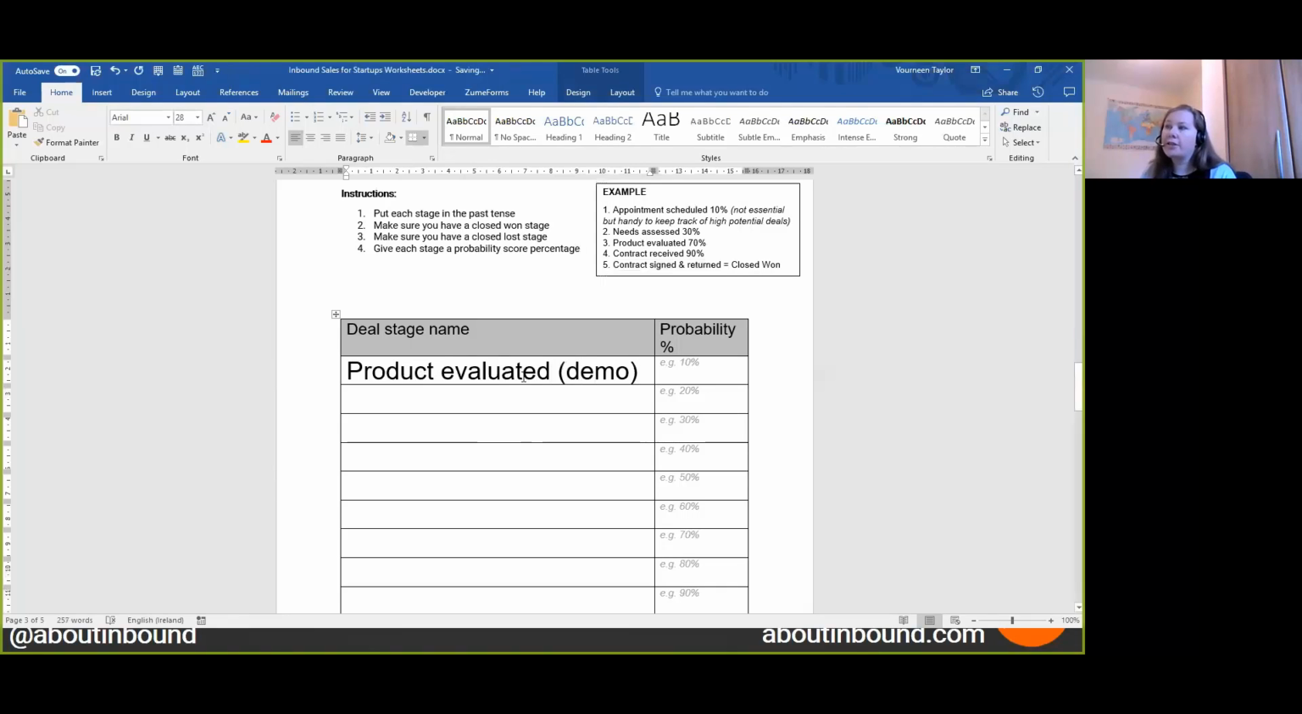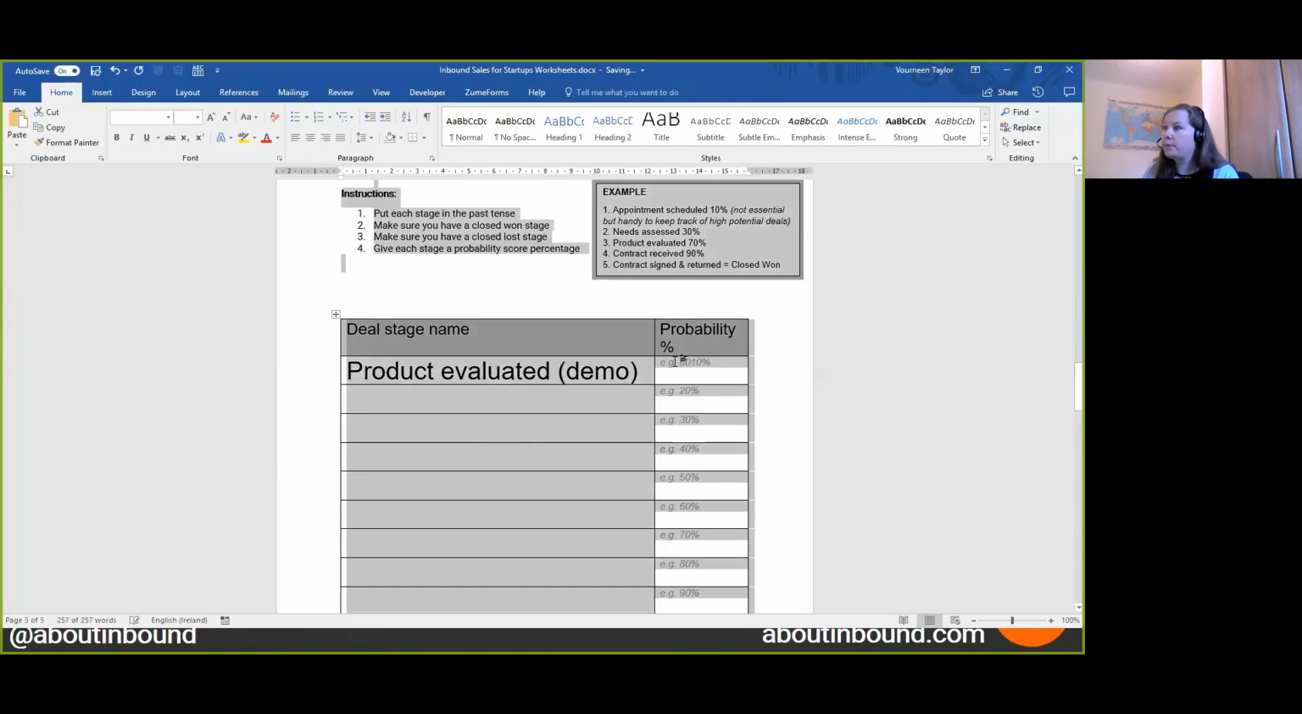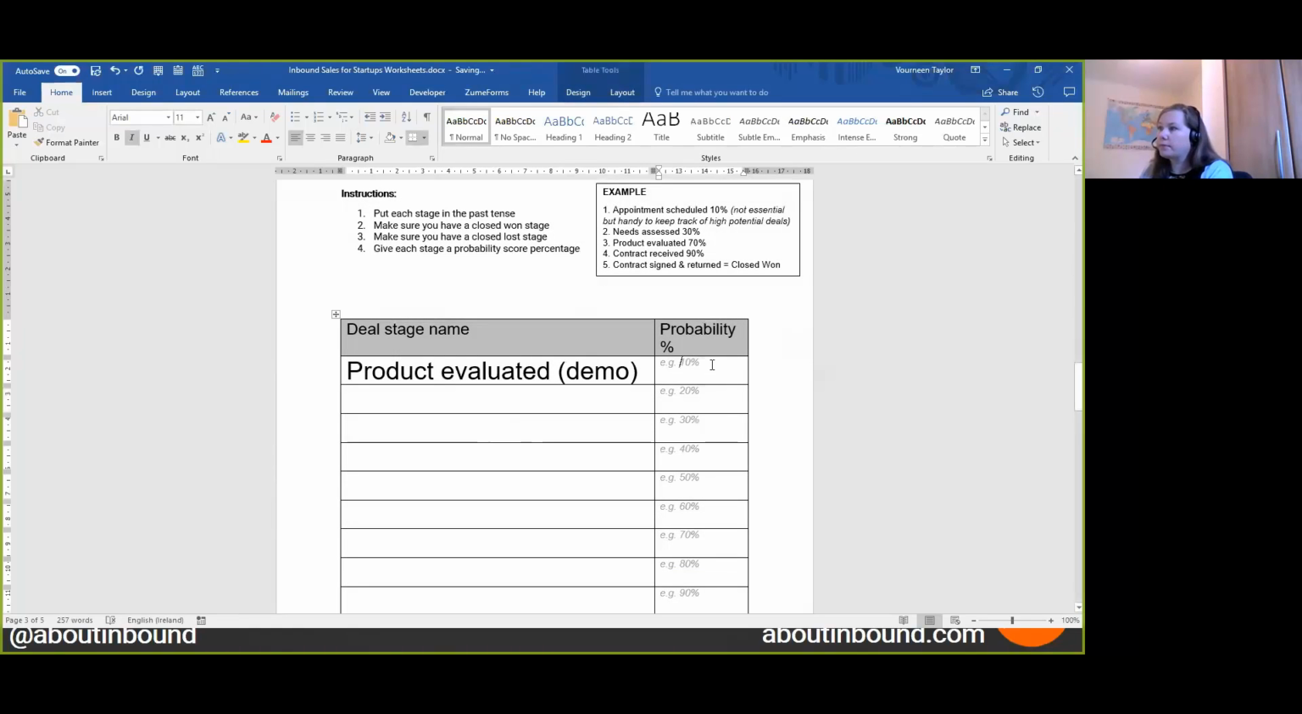So the buyer has actually evaluated that, and I'm just going to put this in at, say, 60%. Oops. Just make that black so you can see it properly. Okay, 60%. And then after that, I'm going to have the DM, or the decision maker,